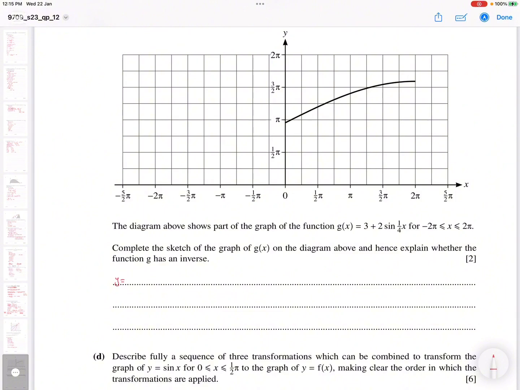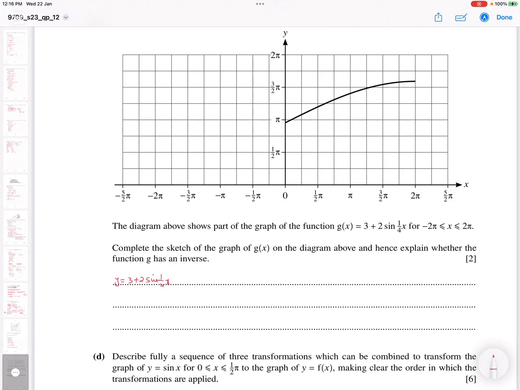Suppose y is equal to 3 plus 2 sine of 1 over 4x. So suppose I put the value